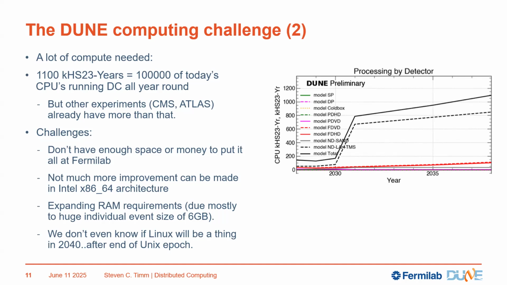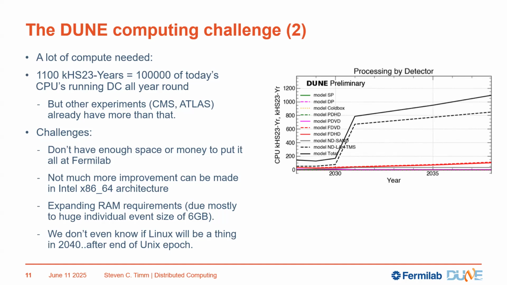Now, around 2030 or so, well, actually around 2028, the high luminosity LHC turns on. By that time, CMS is going to need 10 times what they have now. DUNE turns on about the same time, so we're going to be in a crunch. In general, the collider experiments are going to be using a factor of 10 more than DUNE is using at any given time. What they need in 5 or 6 years is about 10 times more than what they have.